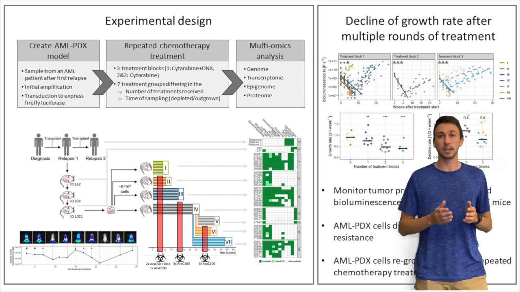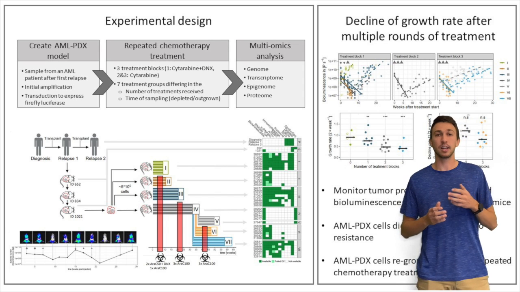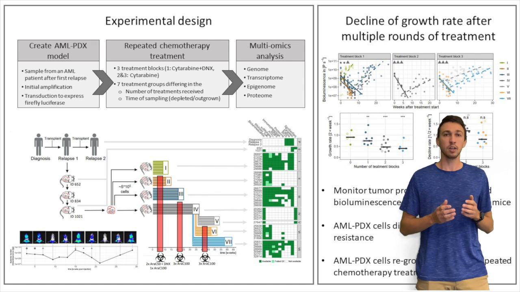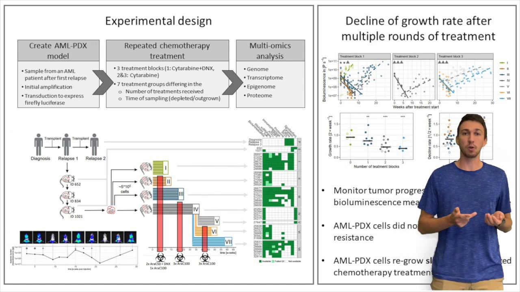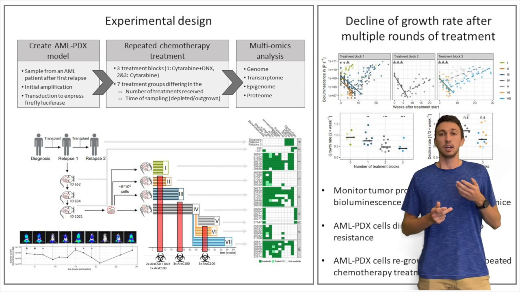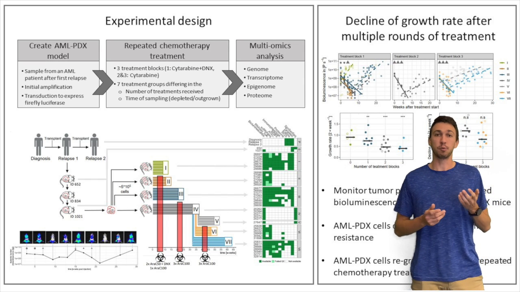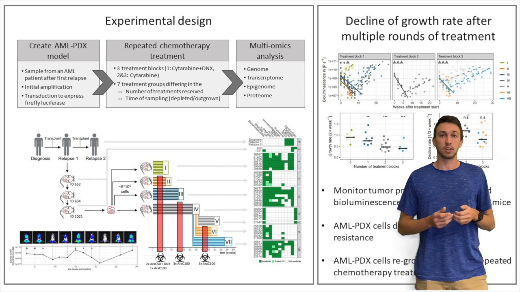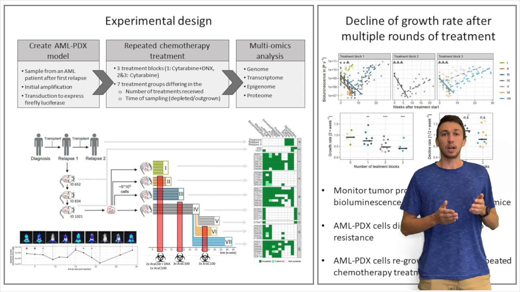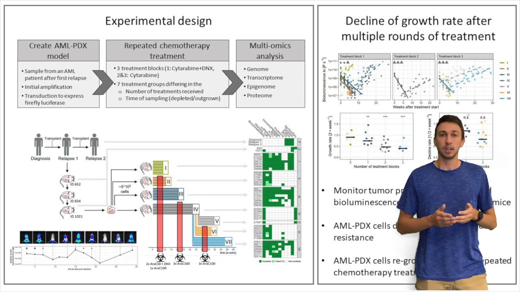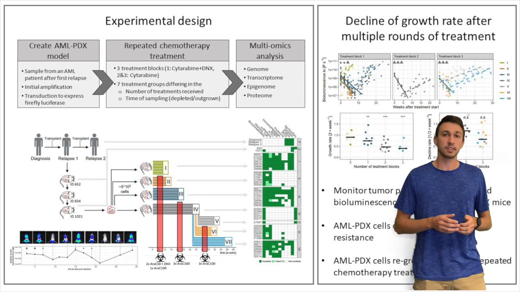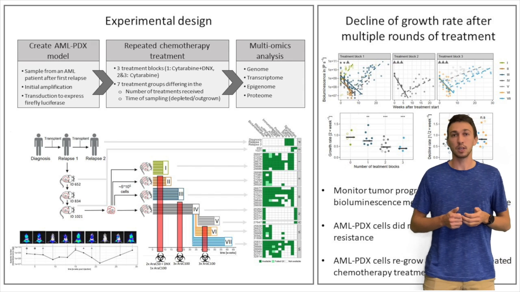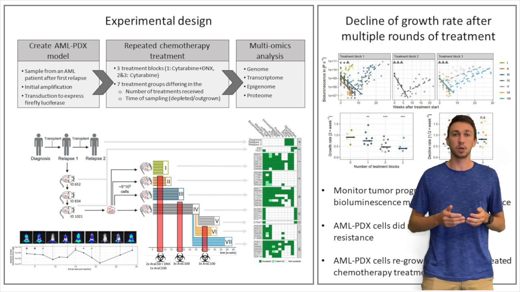These cells were then re-isolated and transplanted into different treatment groups of mice, where the mice were then either left untreated, as in treatment group 1, or received 1, 2, or even 3 blocks of chemotherapy treatment in a time span of up to 55 weeks. After this, the mice were sacrificed either directly after chemotherapy treatment, so in a depleted tumor state, or after the tumor burden had increased again. We then used a range of different methods to characterize the transcriptomic, but also genomic, epigenomic, and proteomic features of